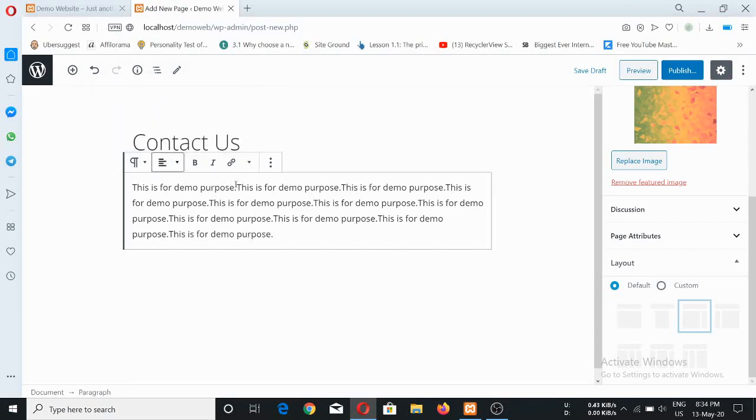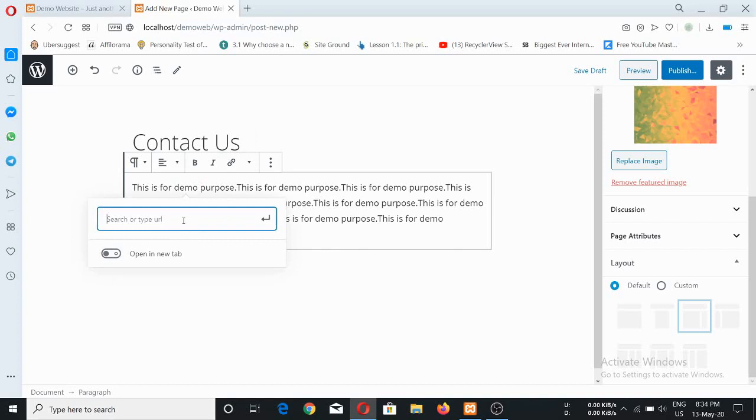So the main option here is that we can add a link to any of the words that we want. For example, we want to add a link to the Google website to this demo word. So just select it and then click on it, and here you can simply type the URL of any website which you want to redirect to by clicking on this word. So I'm just typing the Google